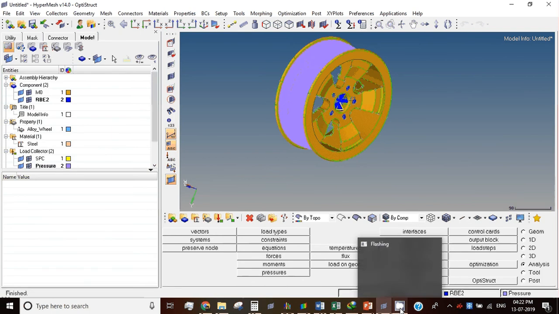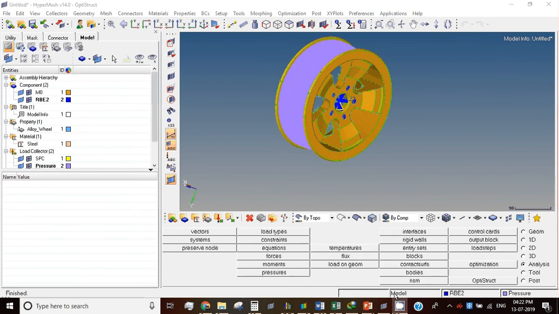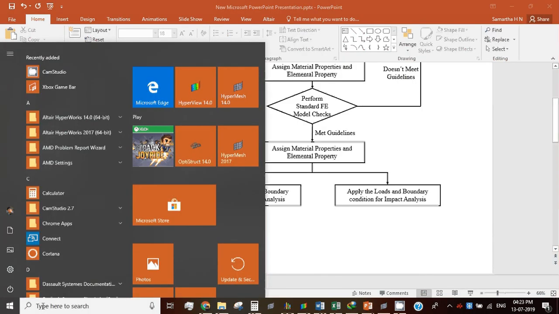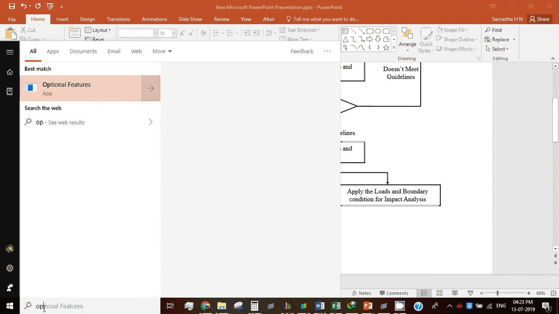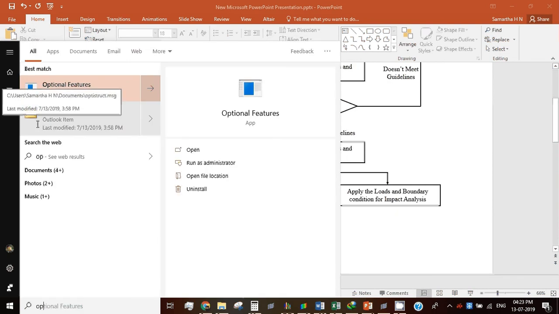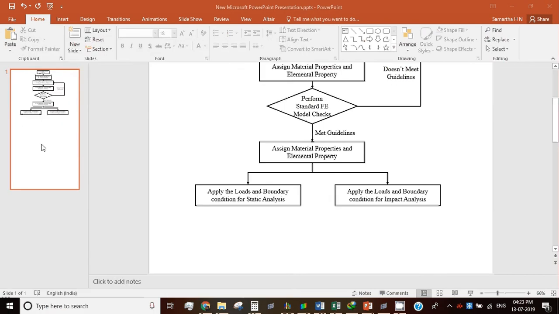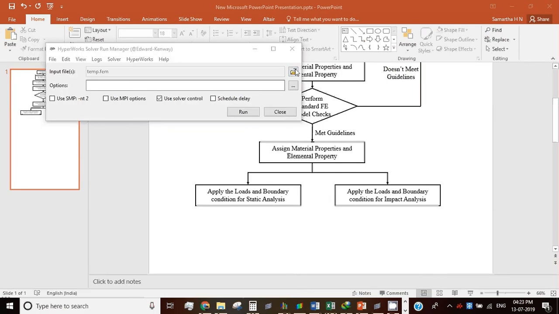Once you are done with that, just go to search and give OptiStruct. Just go to OptiStruct and open the file which you want to run. Okay, this is the file I want to run. Select the file, open, give run. If you click run, if there is any error it will show.